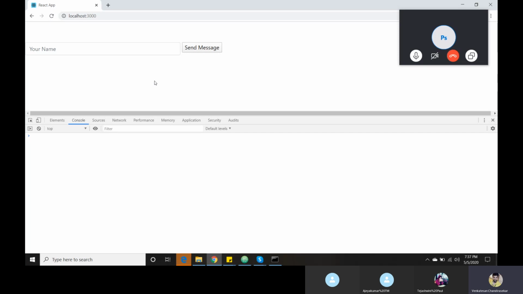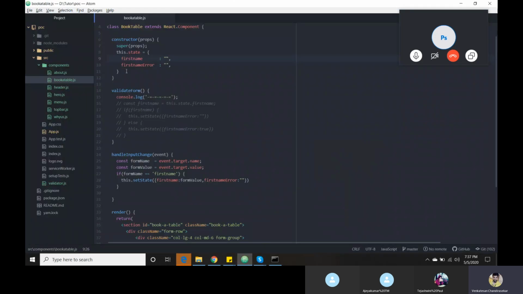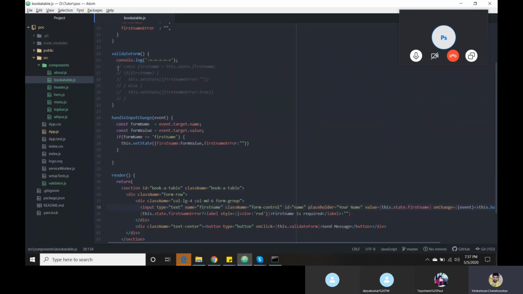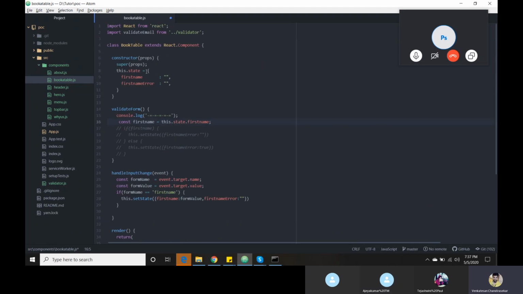Instead of that, I need to inform the user this is a required field, so you need to give your value to the corresponding text box. For that I have my state variable name here and I assign it to the particular corresponding text box. Now I need to access my first name state variable. How? This is an object. Whenever we have an object, normally how will we access our variable? this.state is the variable, then inside that I need to access first name, so I need only the first name. So I have written the code like this.